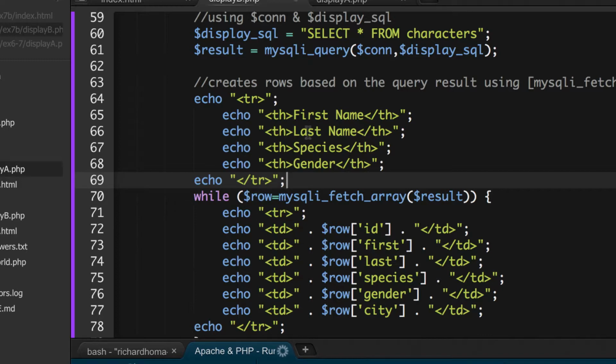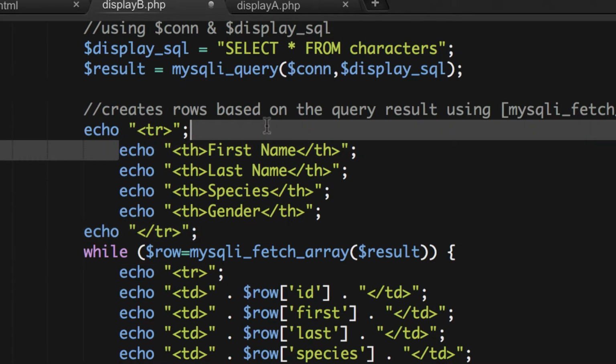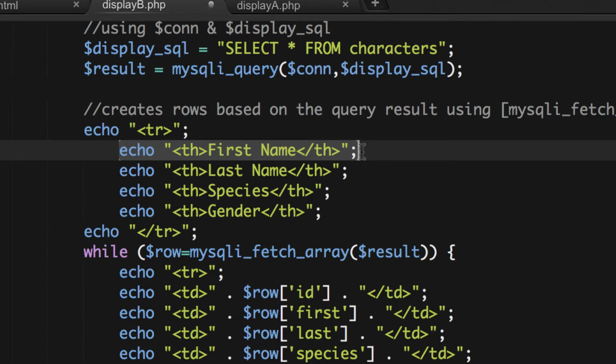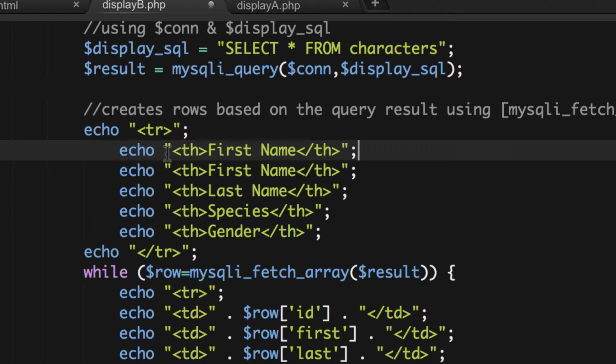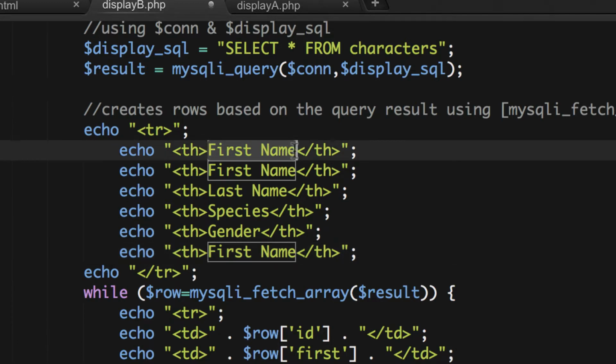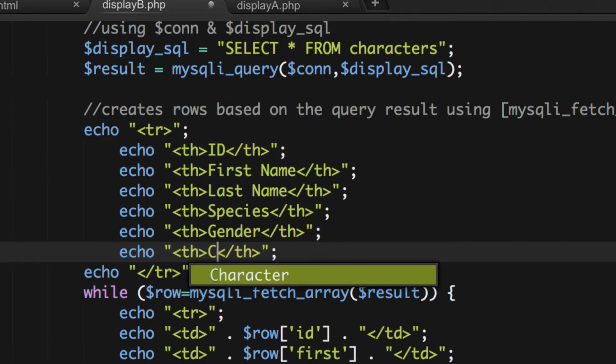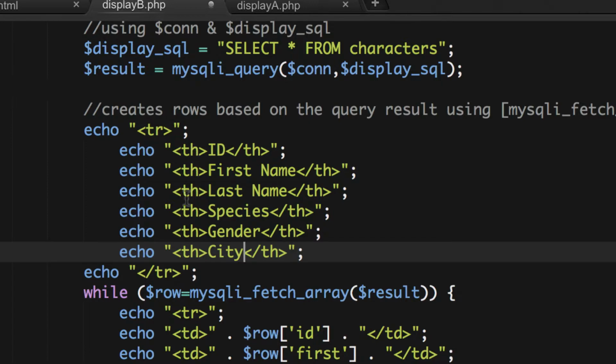And I actually have first name, last name, species, gender, and I'll add 2 more. And notice it's using the th tag. So we're going to do one before and then one at the end. And now remember, this is just text, so we could put ID with a capital ID like that, and then we could put city with a capital. So these aren't variable names, these aren't column names, these are just headings that we're having there. We may have to format these a little bit different, but let's just save this,